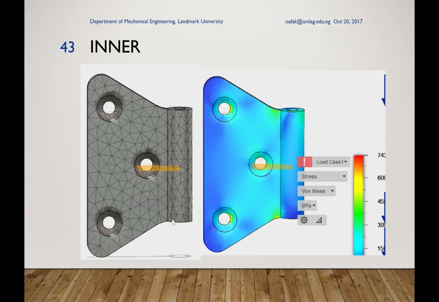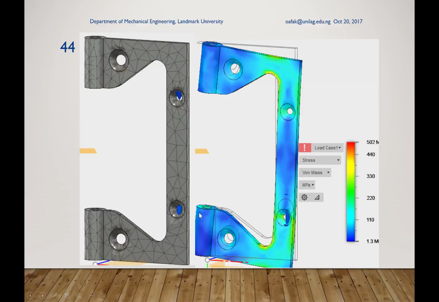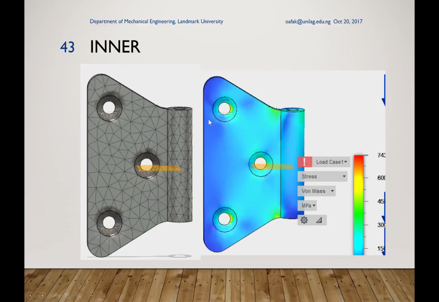So if you go to the inner component, again, we have displayed both the mesh differently from the solution coloring scheme. Again, these are the stresses showing here, the von Mises stresses, megapascals, and then these are the areas of high stress. You can see that actually, if we were to cut this material in this way, there would have been no problem, because most of this material is not really bearing a lot of stresses. We'll get to that when we are looking at material reduction at a later stage.